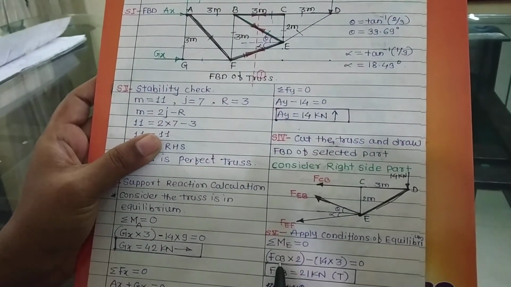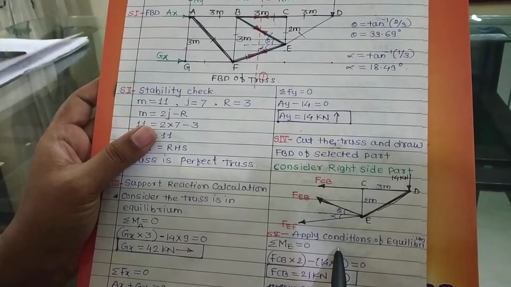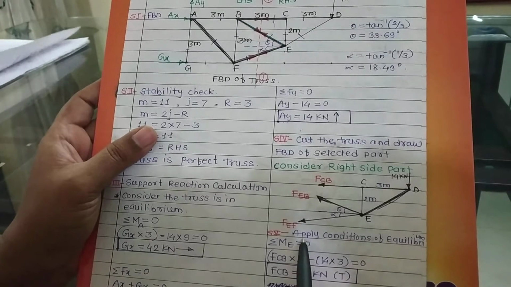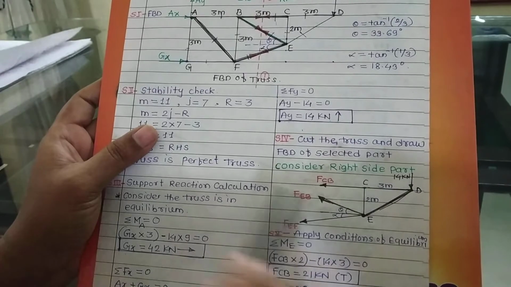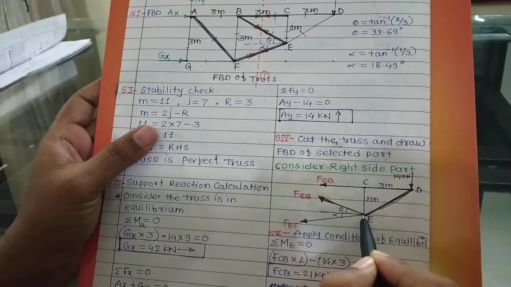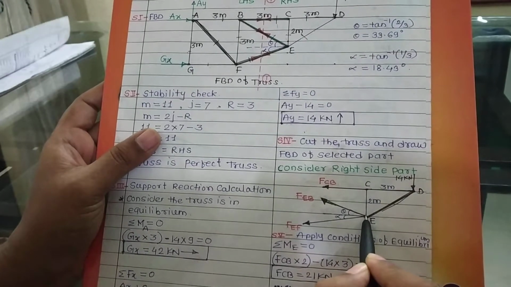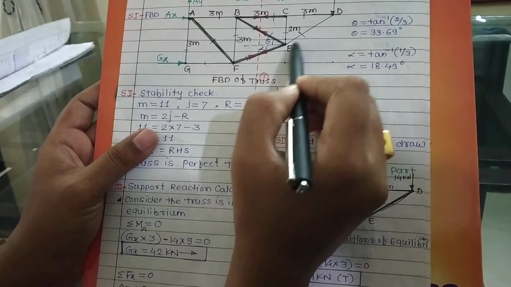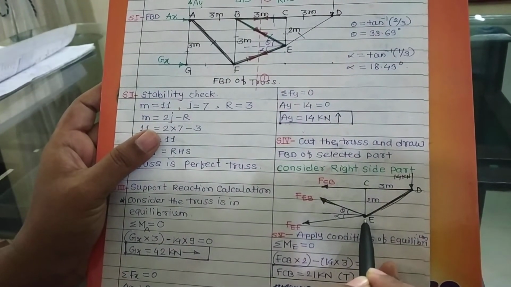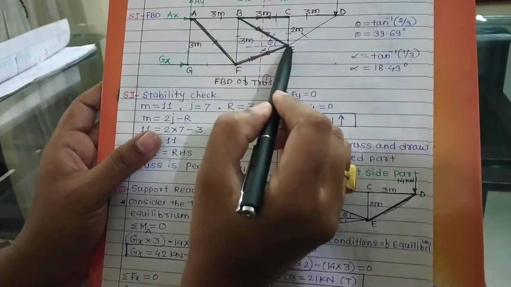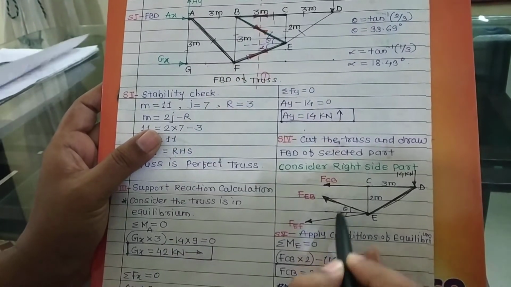So now at this case, with simple calculations, with minimum calculations, we can solve the truss. Now by applying the condition summation of moment equals to 0 at the point E, I can say that this is the cut part, right hand side part I have selected. For that I have drawn the free body diagram. This is the particular triangle you can see here, which is not cut under the section line, but CB, EB, EF is cut under the section line. So I have shown axial force tension in these members like this.